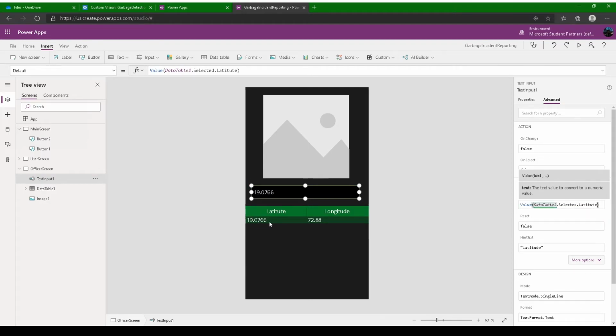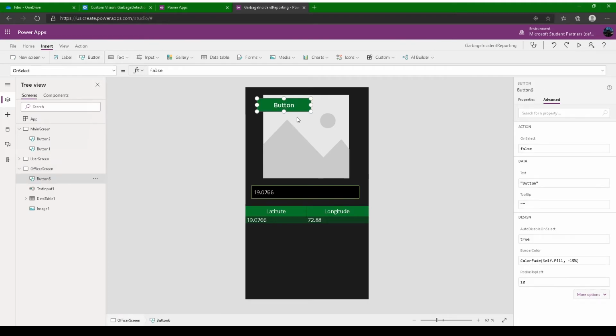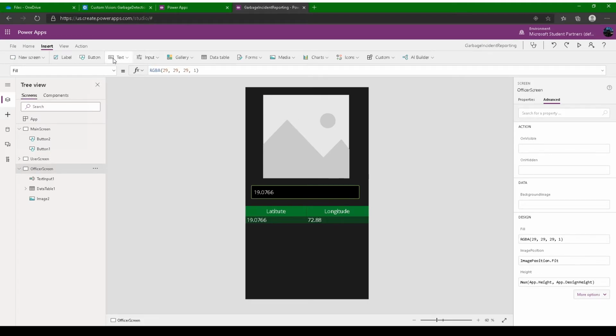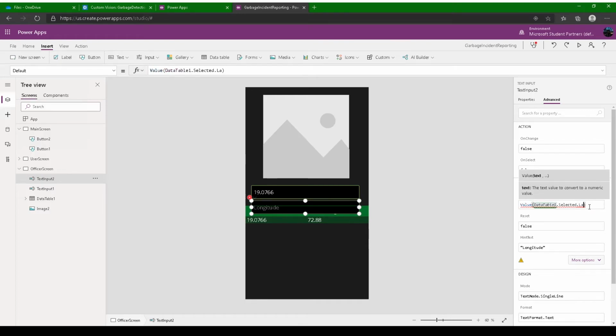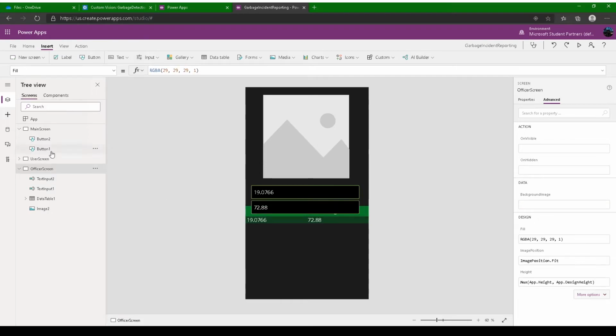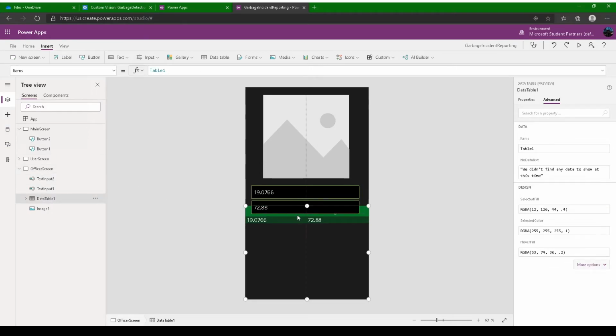Currently there is only one input, so it would select this one, and we'll do the same for the longitude. So if I go down here a little bit and change the hint text to longitude, and then paste it here, and longitude. There you go. So now it automatically shows the value. Let's bring the table down a little bit. Okay, it's not going. Let's bring it down. There you go. Now you can see clearly.